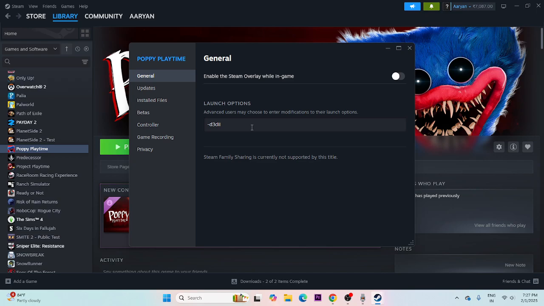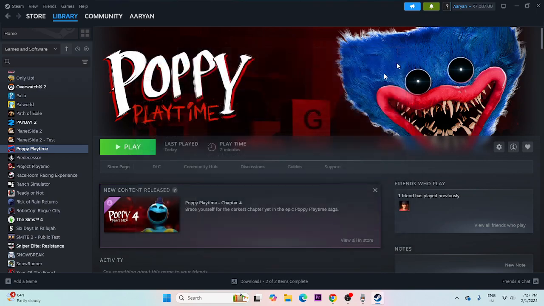Try these steps, and if you're still having trouble, move to the next step. Even after giving the commands in the launch option, if it's not working, we need to move to the next step. Before moving on, remove everything from here, close this, and try launching the game. Next, we need to close all the overlay and